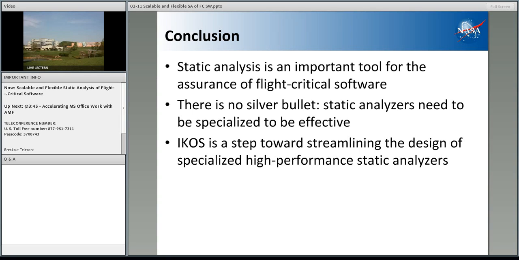Please press star then one if you do have a question. One moment, please. All right, we've got about 2 minutes for questions. Are there any questions in the room? No questions in the room. Any questions on the phone? No questions. Okay, I don't have any questions online yet, but if I get them, I will send them to the breakout room. Okay, Arnaud? Okay. All right, and we'll see you over there. Okay, thank you. Thank you. I'm going to go ahead and